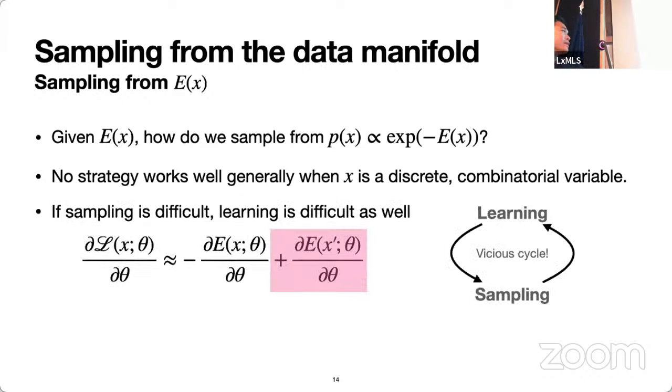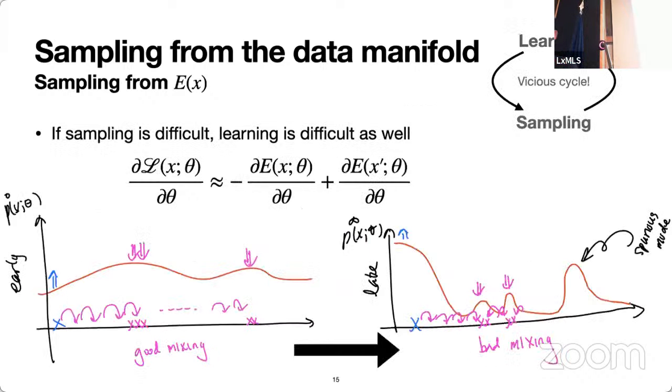An unfortunate thing is that the negative phase of the gradient of the energy-based model, or the log-likelihood term, tells us that we need to be able to sample from the model that is being trained. So if we cannot sample well, we cannot learn this model well. If we cannot learn this model well, we probably cannot sample from the correct distribution. So we run into a vicious cycle, and it's a pretty horrible thing that happens.